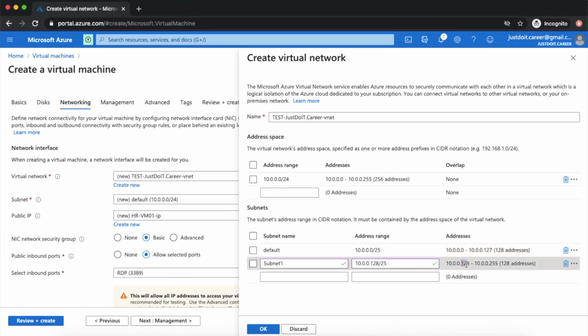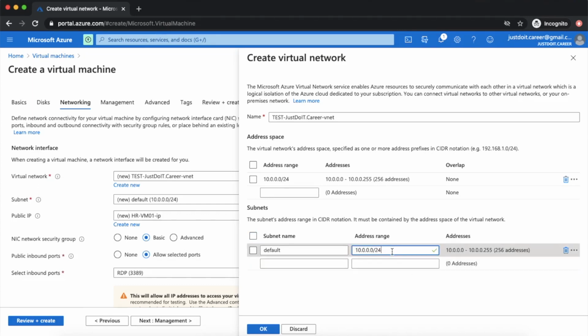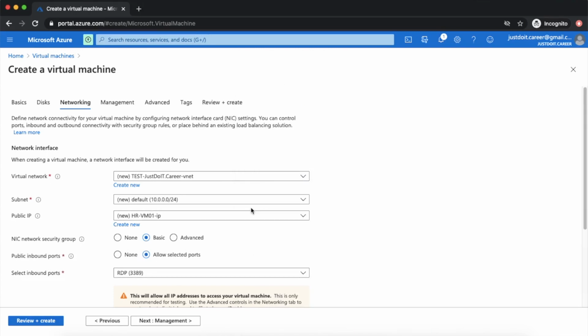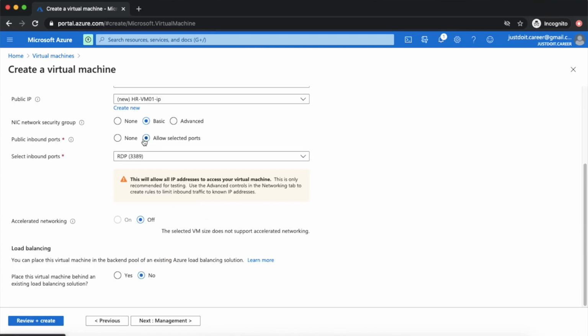Then from 128 to 255 I have a separate range of IP addresses. So this is how two subnets have been divided. While creating the virtual machine you can also modify these settings, but I'll delete it for now, keep it as default as it was, and continue with the next sections.